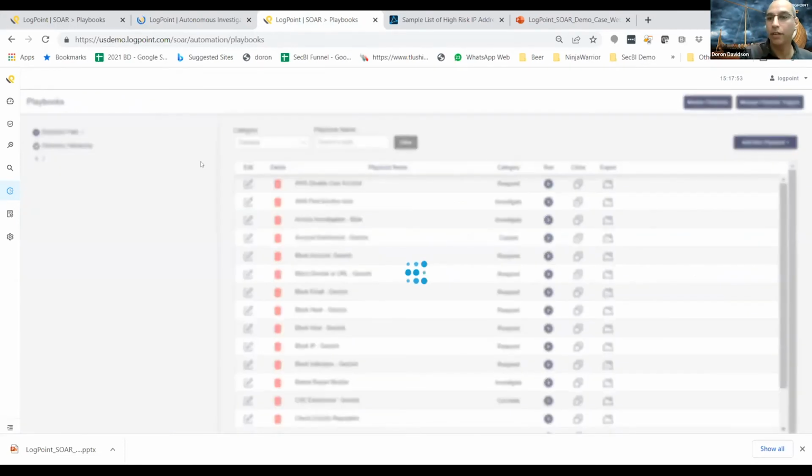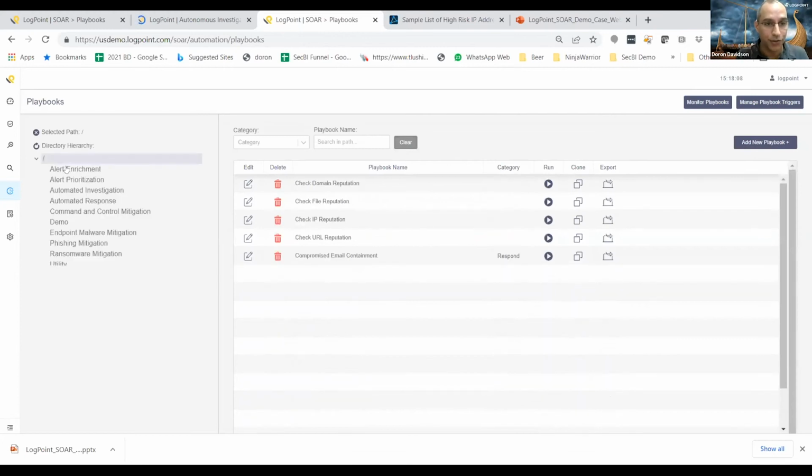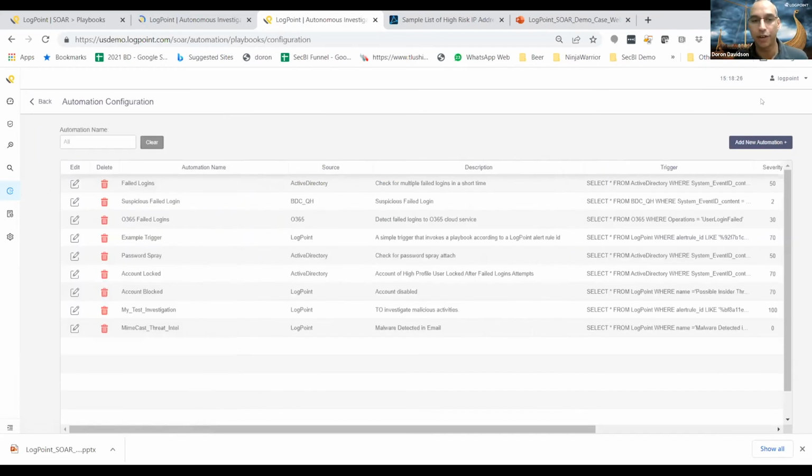you have basically a couple of things. You have a list of all of the predefined, pre-existing playbooks in the system, some of which come with the system out of the box, some of which you might have defined according to your internal processes. So we have some playbooks for alert enrichment, alert prioritization, automation investigation, and so on. Other than that, you have monitoring of playbooks. These are the playbooks that have started running or that you ran yourself manually. And you have the manage playbook triggers, which is where we manage the triggers from